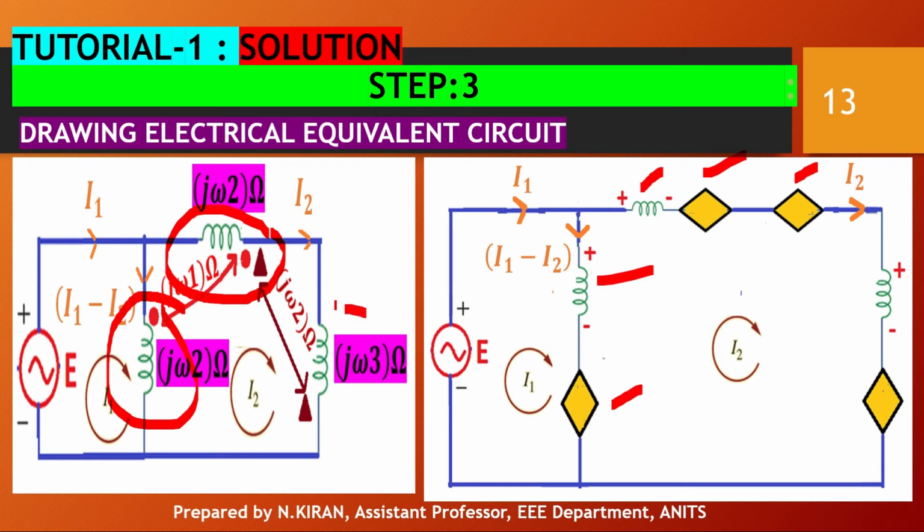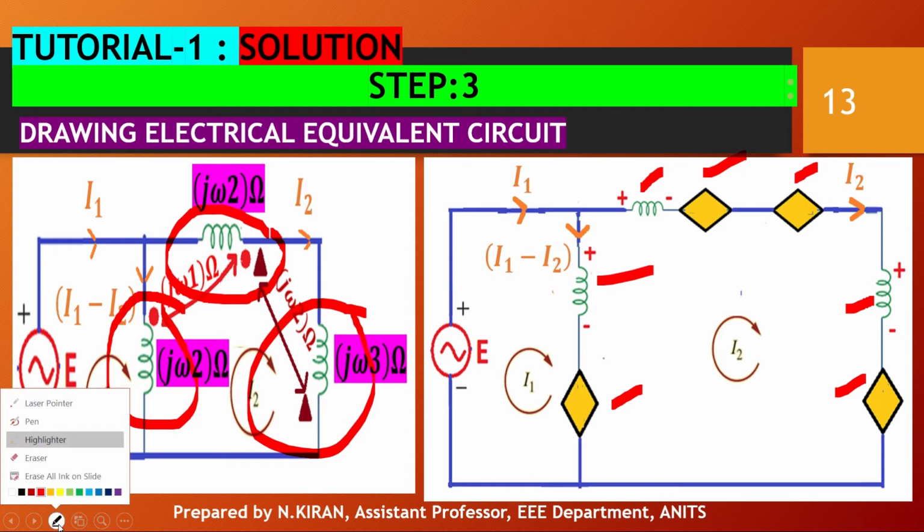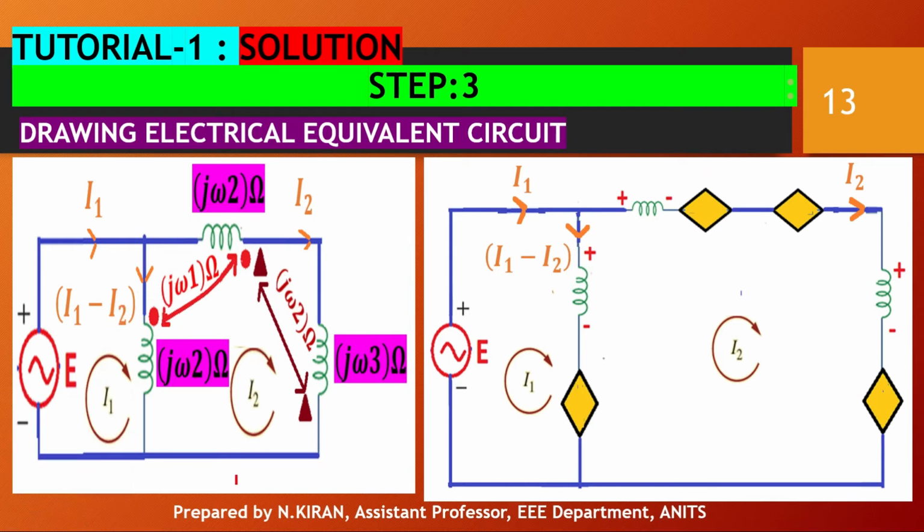When I consider the third coil, it has only one magnetic coupling, with the second coil. Hence it will have one self-induced EMF and one mutually induced EMF. So after finding out the number of self-induced and mutually induced EMFs, now coming to the polarity of mutually induced EMF.